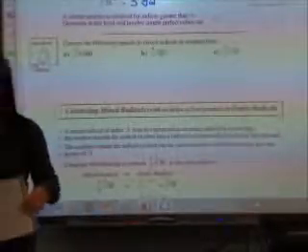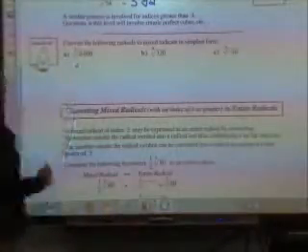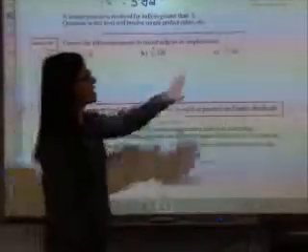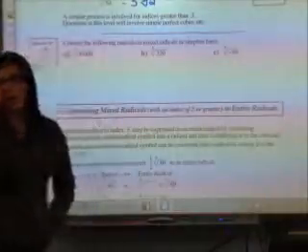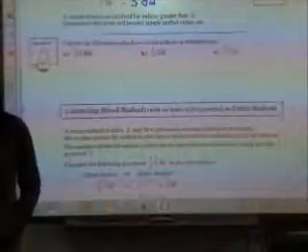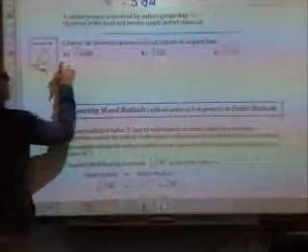Okay, so if I look at class example number 1, A and C are both cubed roots, so we can use our list of perfect cubes. For B, we're going to do that one a little bit different because it's a fifth root. So, first of all, let's look at the cubed root of 6,000. According to this chart that you have here on your page, what number could I divide 6,000 by? 1,000. So I would get the cubed root